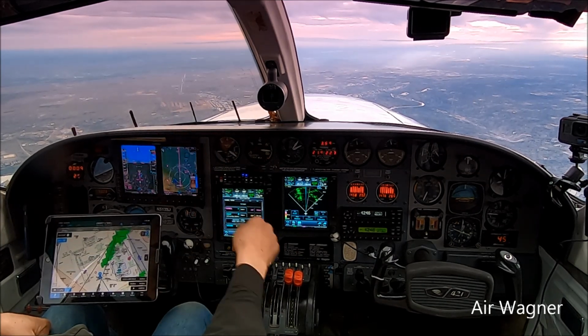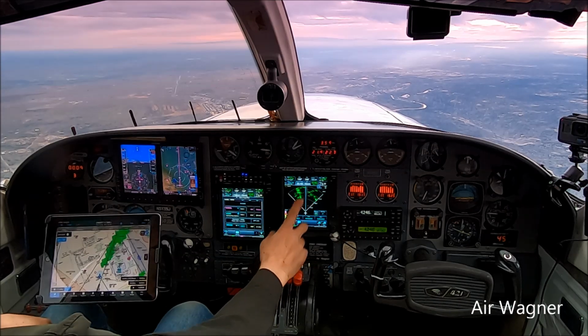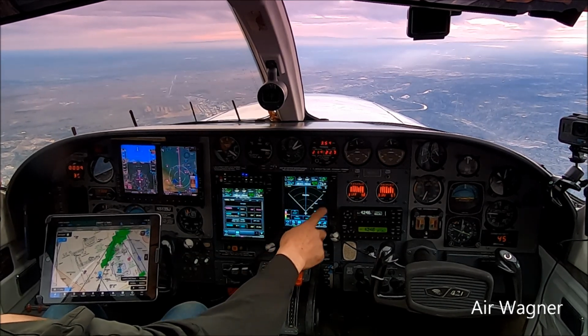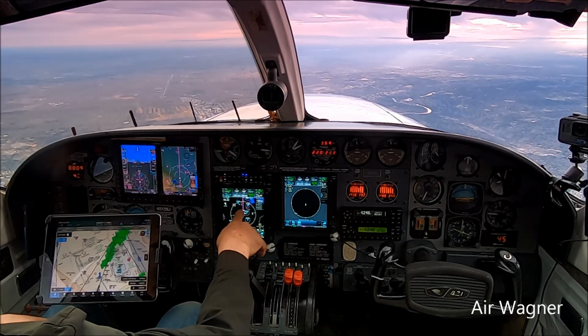They are painting weather ahead, as you can see out front. More of it is coming in, but it should not be a factor today. So the radar's working well. We're going to turn it off, put it on standby, and go to our menu, and we're going to put our traffic up here. We're going to have our map here,